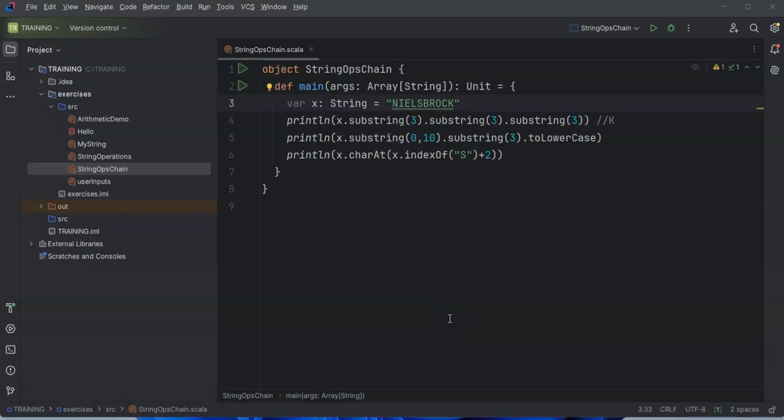Welcome once again. In our previous video, we discussed string and common string methods. In this tutorial, we are going to look at list